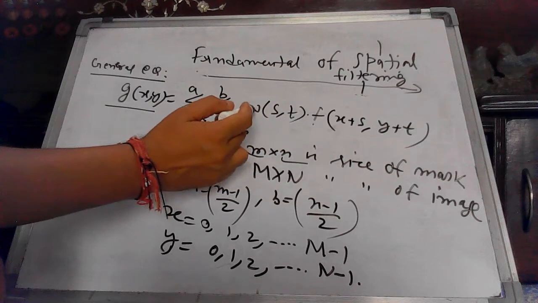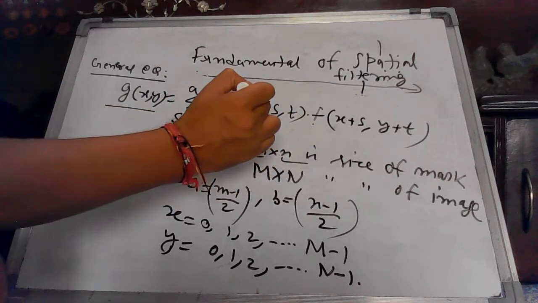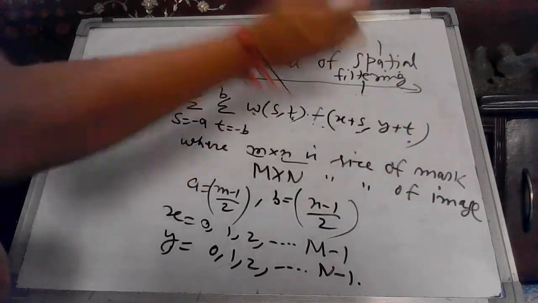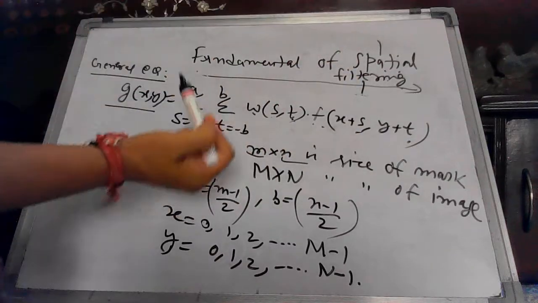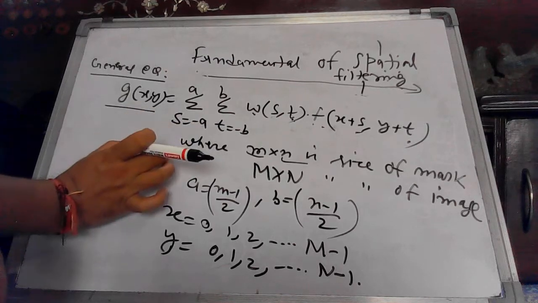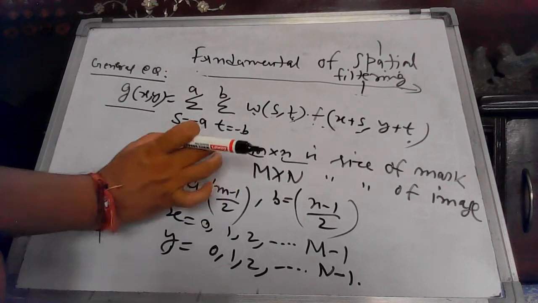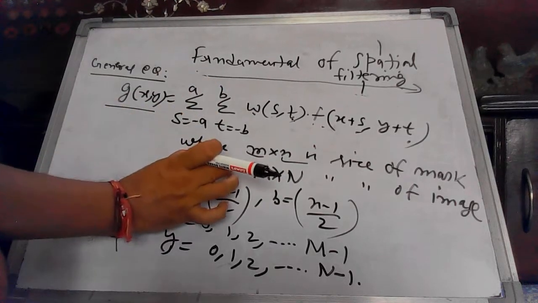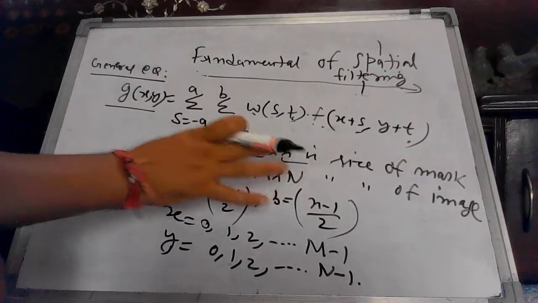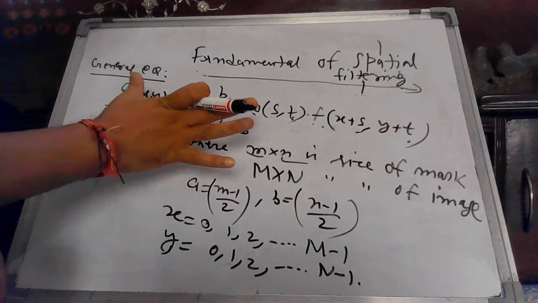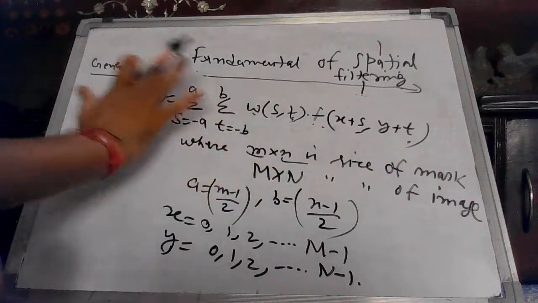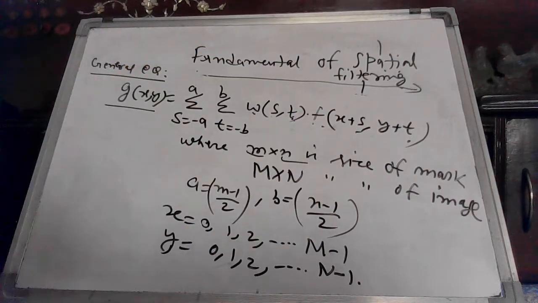Say you are doing a sum of products of each and every position of your mask coinciding over each and every pixel, x plus s2, y plus t. Okay, you are sliding the mask from one location. Once you have processed this, you move your mask of that size to the next position, and accordingly you get your resultant answer and change to your next pixel. Similarly, you keep moving your mask till the last pixel gets processed, and then you stop this process, and the summation of this is your answer. That is the basic of spatial filtering.